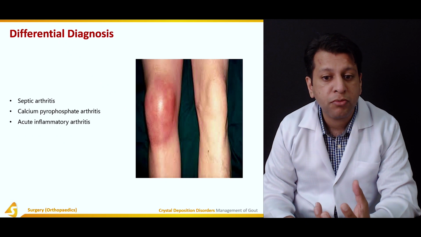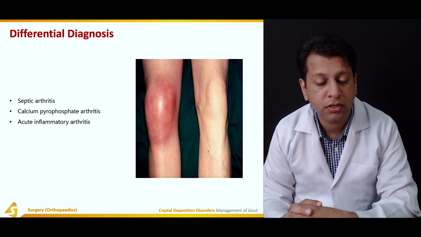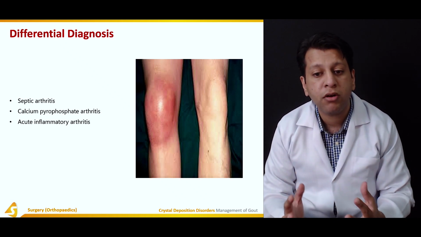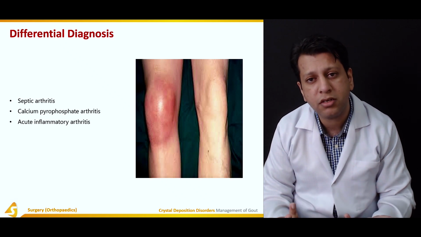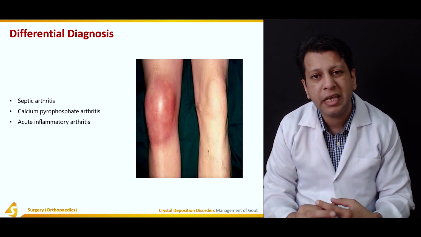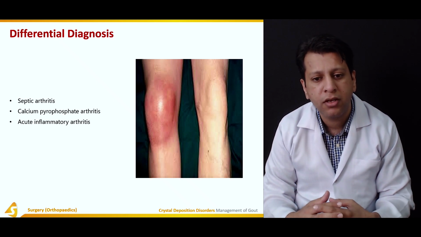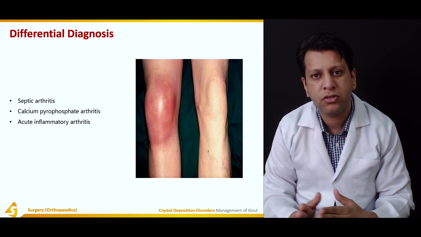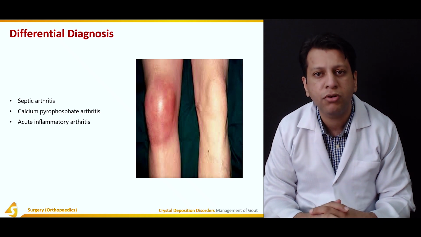These are some of the important differentials which we should be considering along with gout. Now, why I'm talking about calcium pyrophosphate is that it's not necessarily urate. It could be any other crystal deposition disorder, which may mimic some kind of pseudogout or podagra. So we have to be sure that this is not infection, this is not calcium deposition, this is simply uric acid deposition leading to gout.